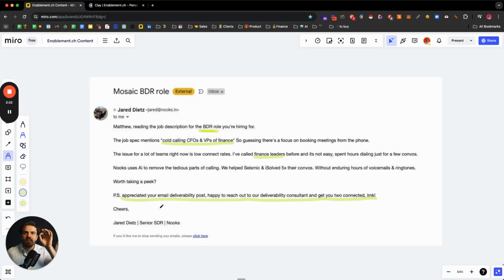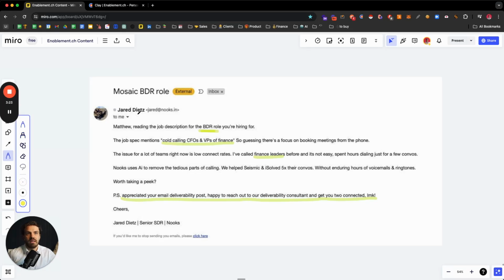Now, we identified what we actually need to create dynamically. It's actually not that much. It's 1, 2, 3, 4 points. The rest is just really good copywriting. So again, if you don't have your basic copywriting and your targeting and your messaging down, the whole AI game will not really help you boost your results, right? Otherwise you're just putting lipstick on a pig, as we call it. But now we know what we want to write.